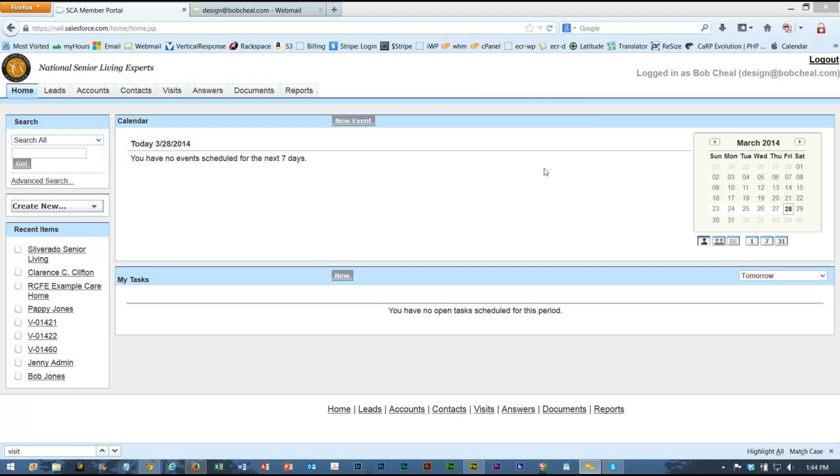Hi, this is a brief introduction to the visits functionality in the Senior Care Authority CRM system. First off, why would you want to track visits? Well, the visits functionality here is great for keeping track of where you've taken a client, what facilities you've toured them through,